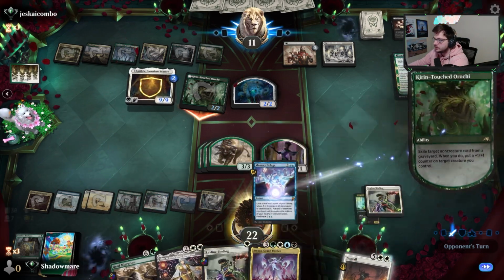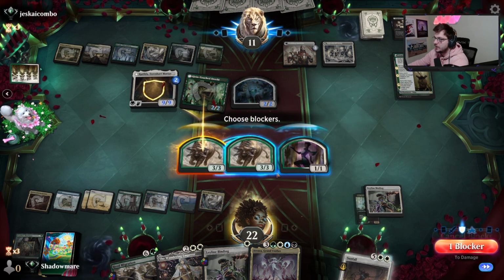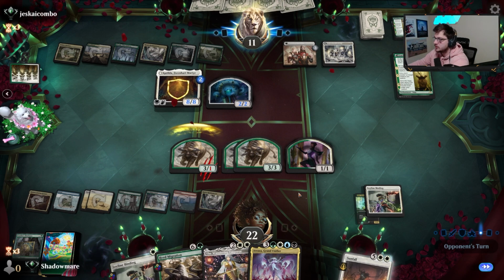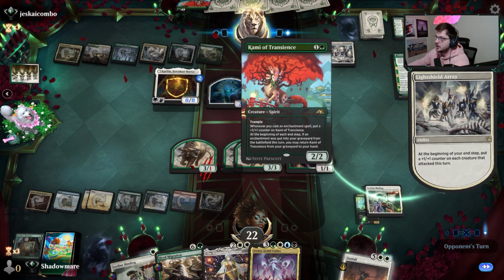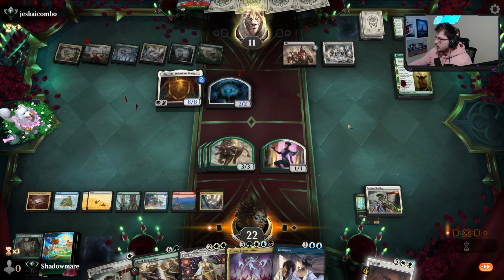Axa. I'll just have a 2/2 attacking, which I'm going to block. There that goes. Come back. Our enchantment went in the graveyard. Not too concerned about it. Of course,